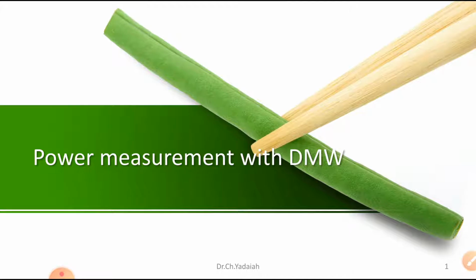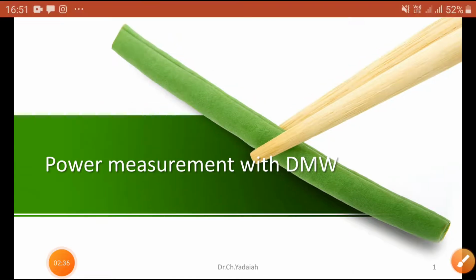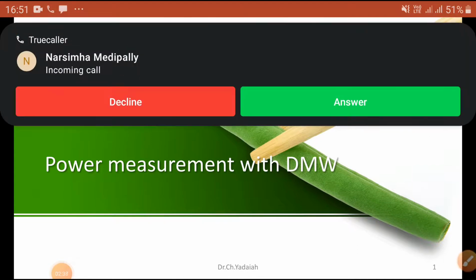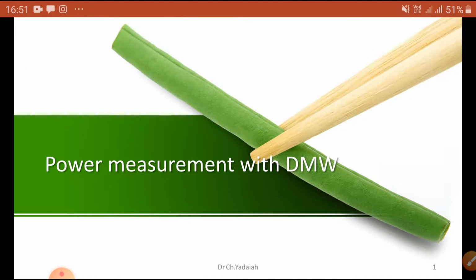equal to Z3, where Z1 is equal to R1 plus j of X1 in phase 1, and Z2 is equal to R2 plus j of X2. Similarly, Z3 is equal to R3 plus j of X3. If these loads are approximately equal, then we are going to apply the same principle. And also we have seen how we are going to